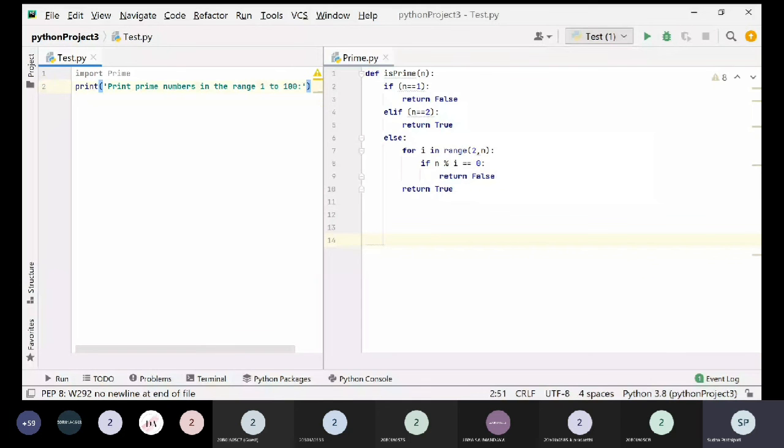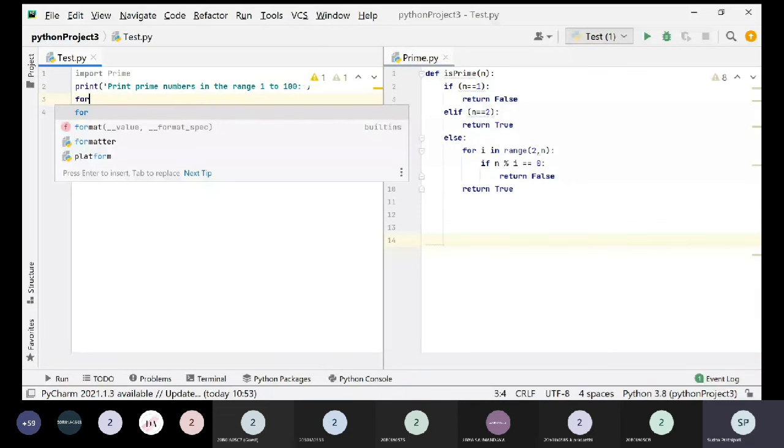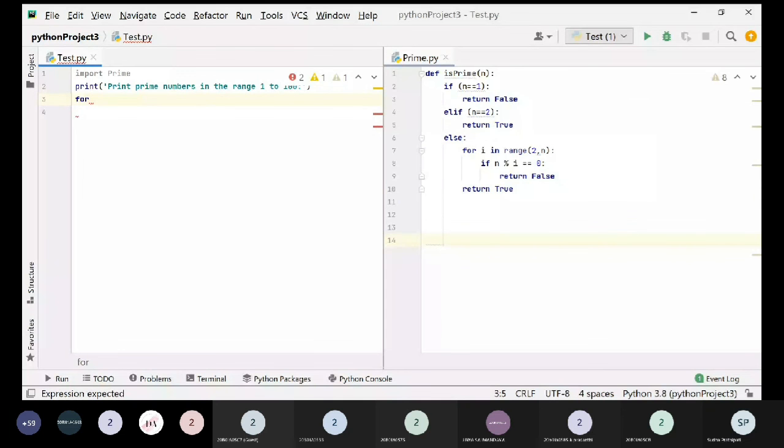Then I'm running a loop. So for i in range, what's the range?